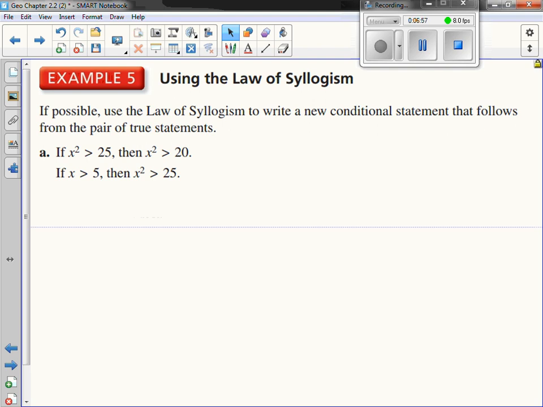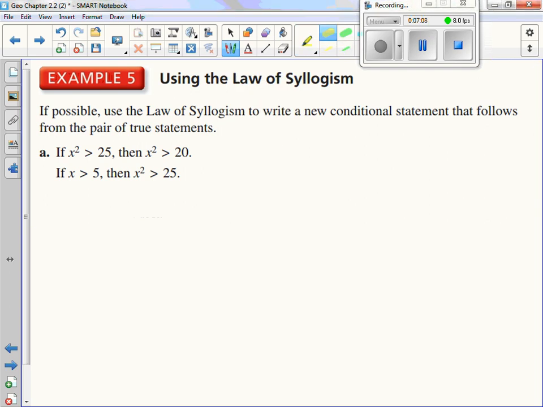Law of syllogism, this is one of the ones that sometimes gets confused. But one of the key things when looking at this, I'm going to get a highlighter out when you're working them. If you want to write them out and circle it, or on the test you want to circle which ones match up, I do that. Because when we look at this, if x squared is greater than 25, then x squared is greater than 20. Okay. If x is greater than 5, then x squared is greater than 25. Well,